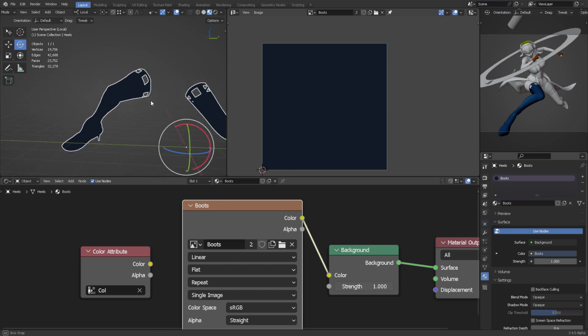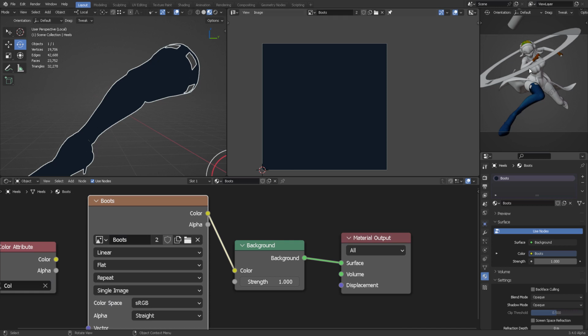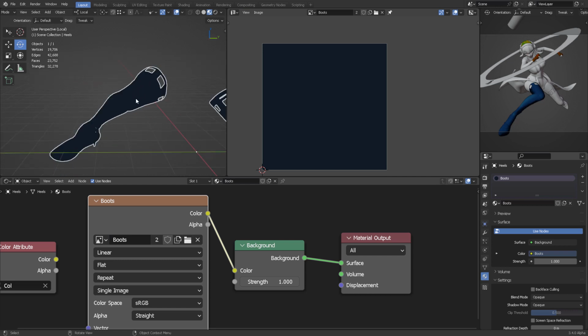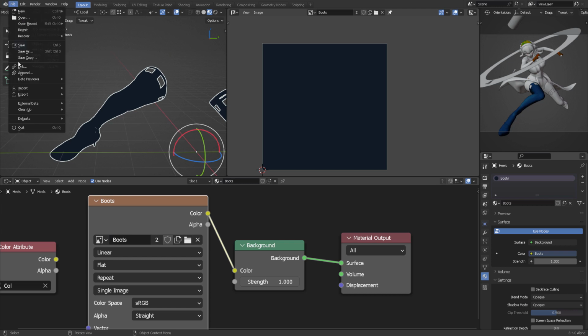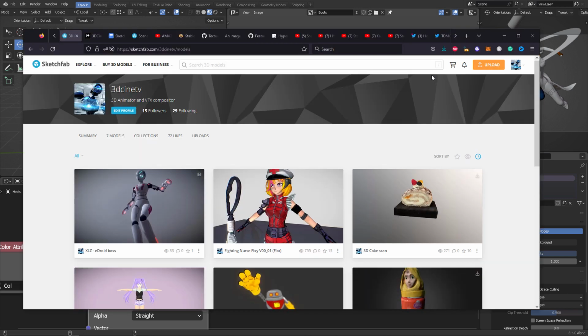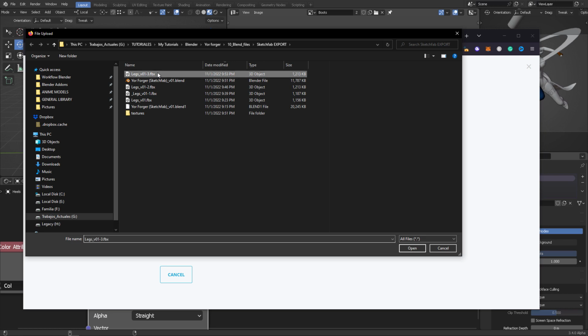Now let's test if this ports all the way to Sketchfab, and as you can see, my camera viewport is showing me the correct colors in vertex mode, but we want to know if we can carry an image map all the way until the Sketchfab editor. So let's use FBX again, and here comes the first thing you need to notice. We're going to save an incremental version of this. Let's export it, and I needed to save the image file